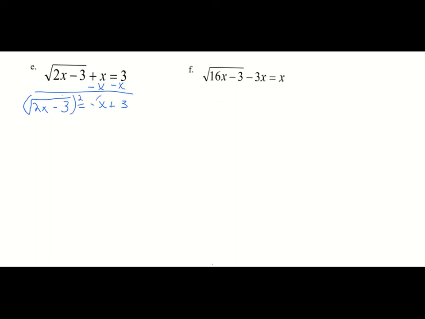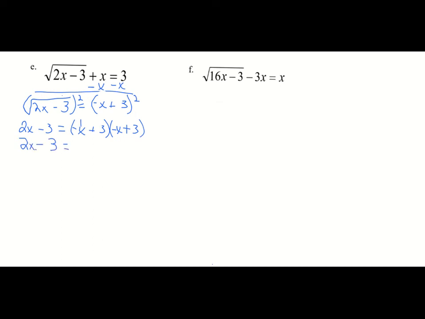So that means we have to square that entire expression here. On the left-hand side, it's nice, we'll have 2x minus 3. But on the right-hand side, we have to do the opposite of x, or -x plus 3 times -x plus 3. And that's going to give me 2x minus 3